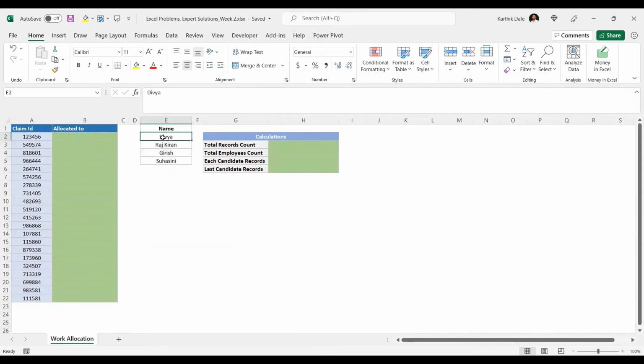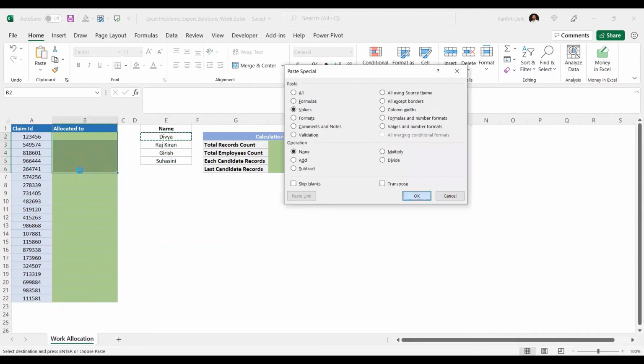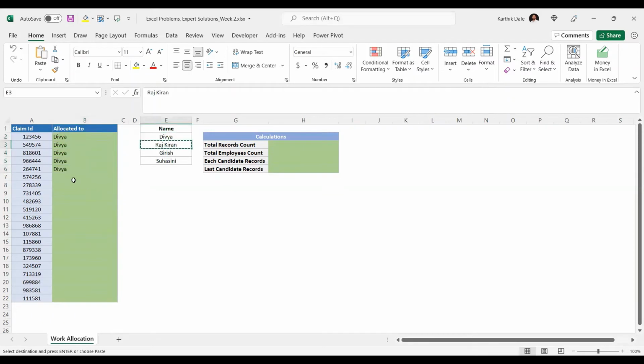They take a copy of the first employee's records, select those 5 cells, paste special values, enter. And later again for the next employee, go here, paste special values and drag it in 5 cells. By mistake you may drag it to 6 cells also or 7, like that. It is manual work.